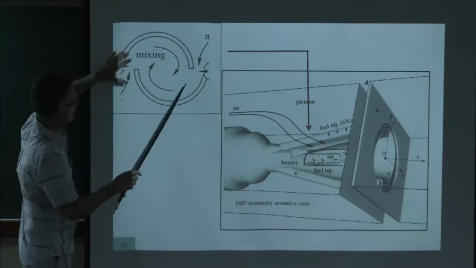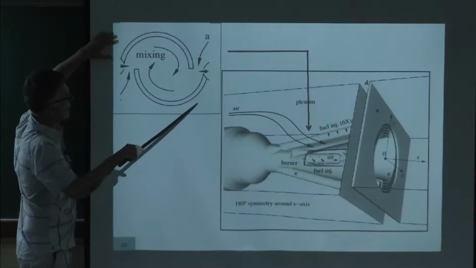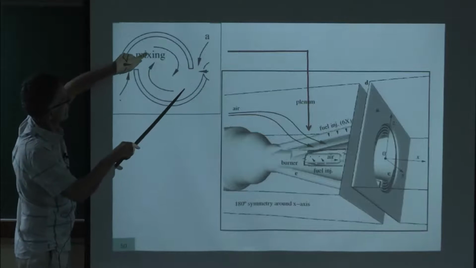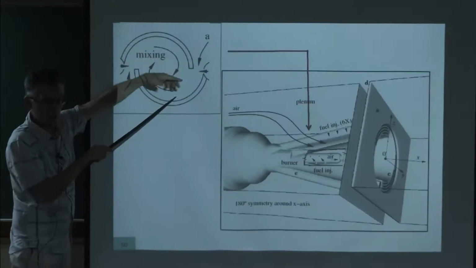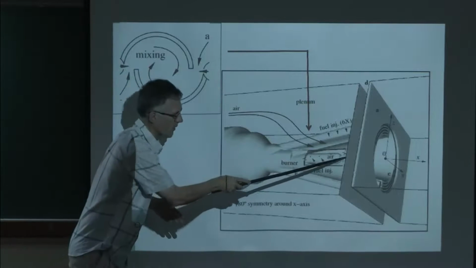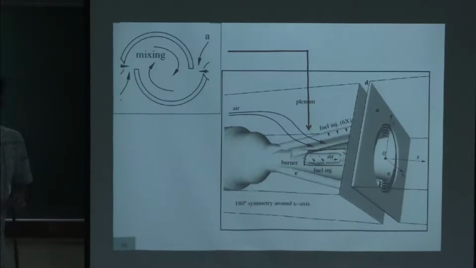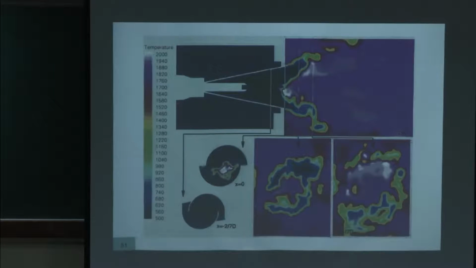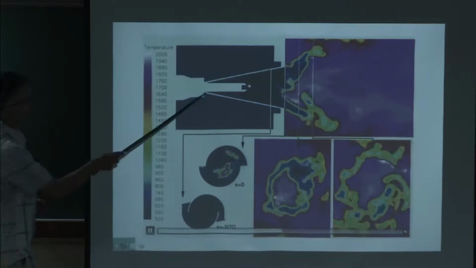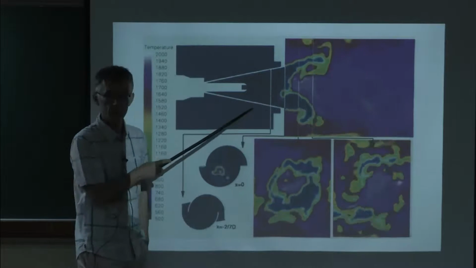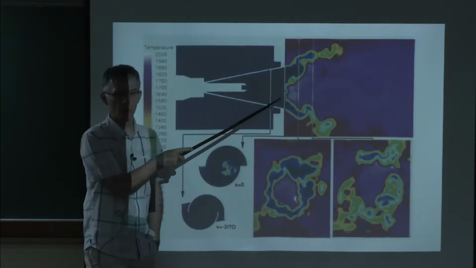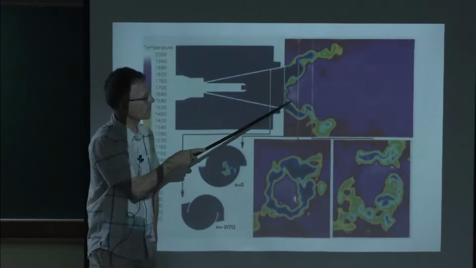Now imagine that this cone is in a plenum. The air is coming from here. It will have to enter this zone like this, and so it will create swirl. And depending on the size of the cone, you will be able to have a more or less intense swirling zone here, and that's what will allow you to have this kind of flames. You can see the cone here, and you can see the swirling jet, and you can see here how the flame very nicely stays in the middle of nowhere, and it's stabilized in this zone here, and it makes a very compact flame.